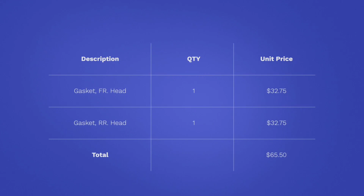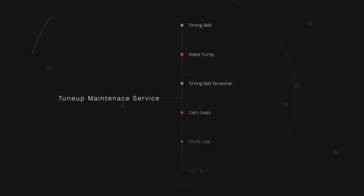So the parts they used were a front head gasket and a rear head gasket. Each of those gaskets were $32.75, for a total of $65.50. The recommended maintenance was to perform a tune-up maintenance. So they replaced the timing belt, the water pump, the timing belt tensioner, cam seals, crank seal, and the drive belt. All of that costs